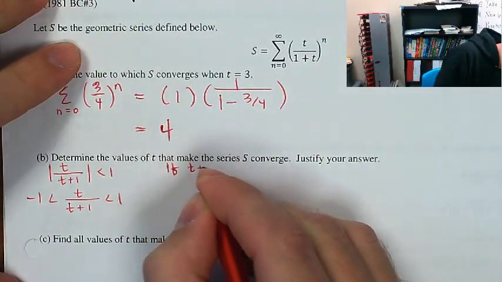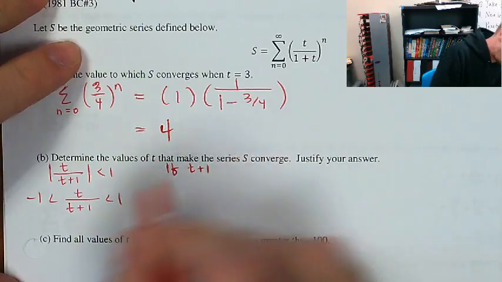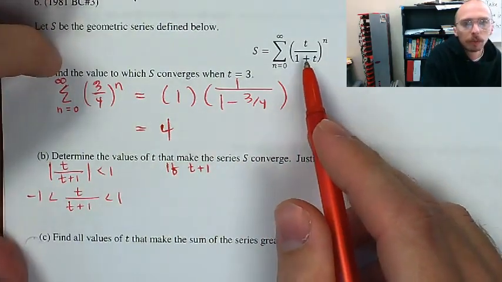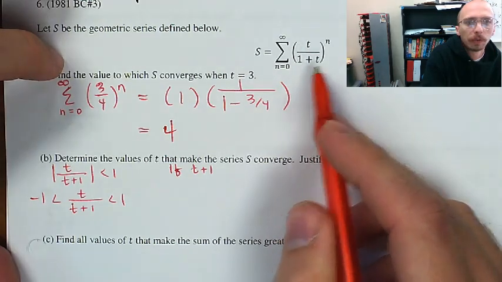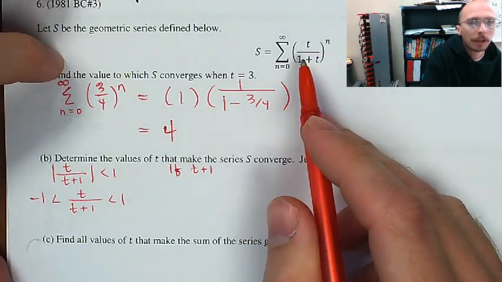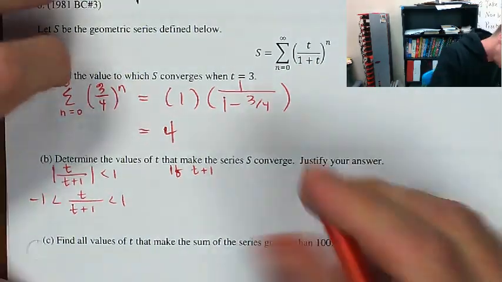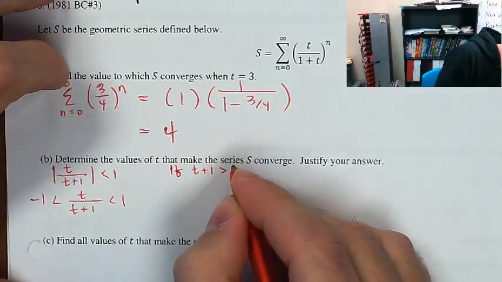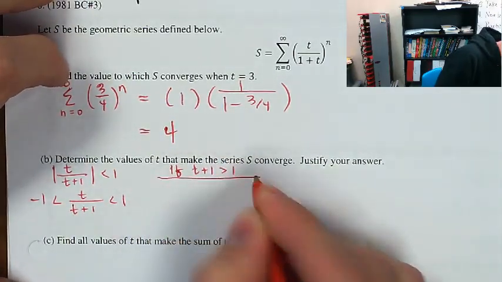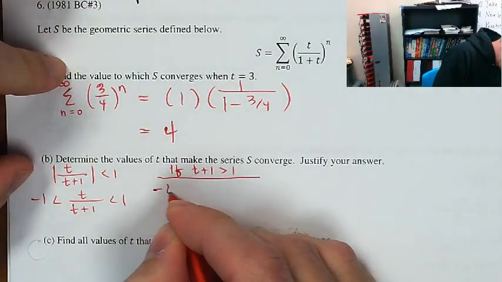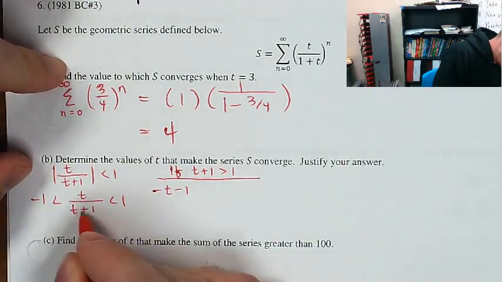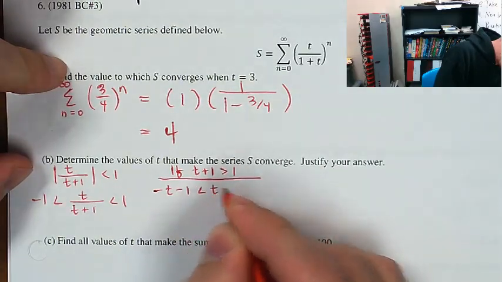If t plus 1, obviously negative 1 is not going to work, right? T equals negative 1, that's not going to be useful to us, because then I have negative 1 divided by 0, and that doesn't exist, so how can I take it to the nth power? So if t plus 1 is greater than 1, I don't really have to worry. I'll just multiply everything. So I'll have negative t minus 1, when I multiply that over there, is less than t